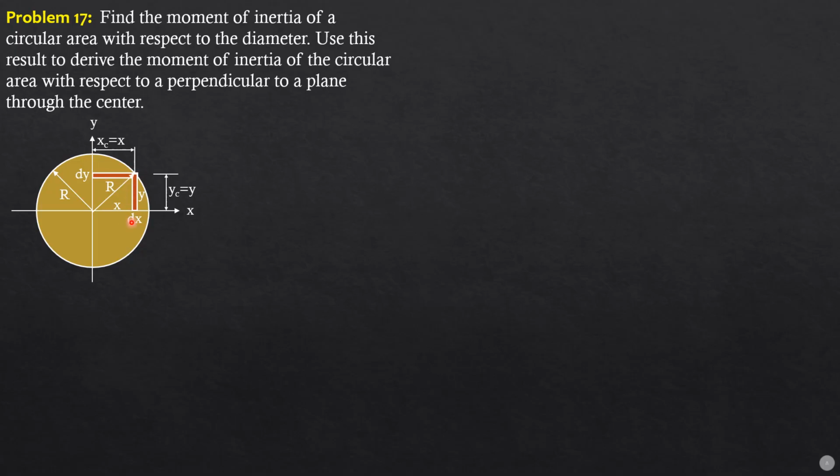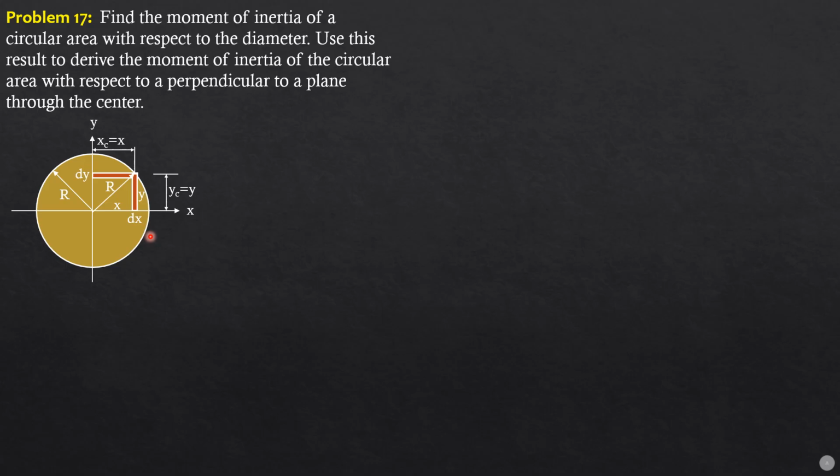We have horizontal and vertical strips. But in this case, I consider a horizontal strip because for first timers, moment of inertia is supposedly the integral of constant distance squared. Remember, radius of gyration squared times the differential mass. So in this case, the mass is considered area. So the differential mass is the differential area. So moment of inertia with respect to the x-axis or the diameter is, there are four cases.